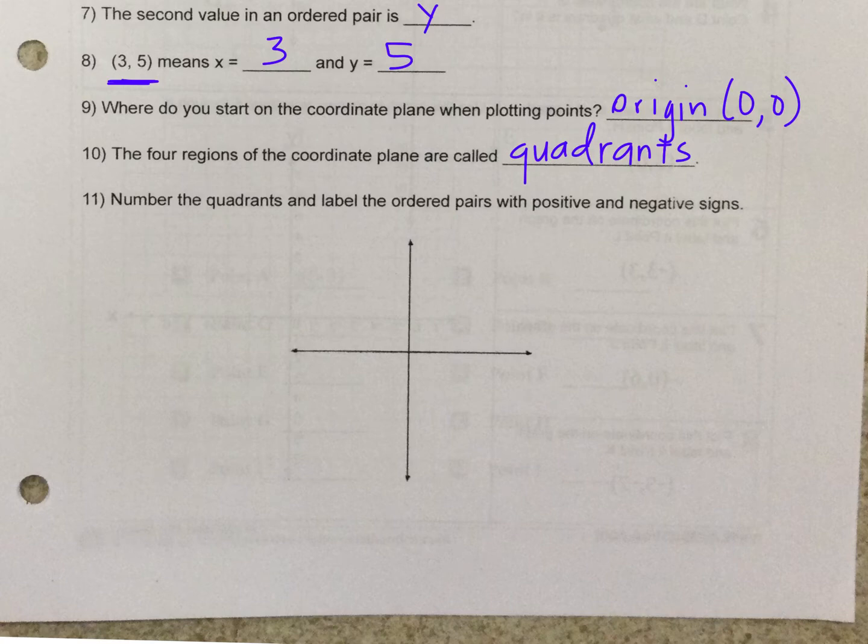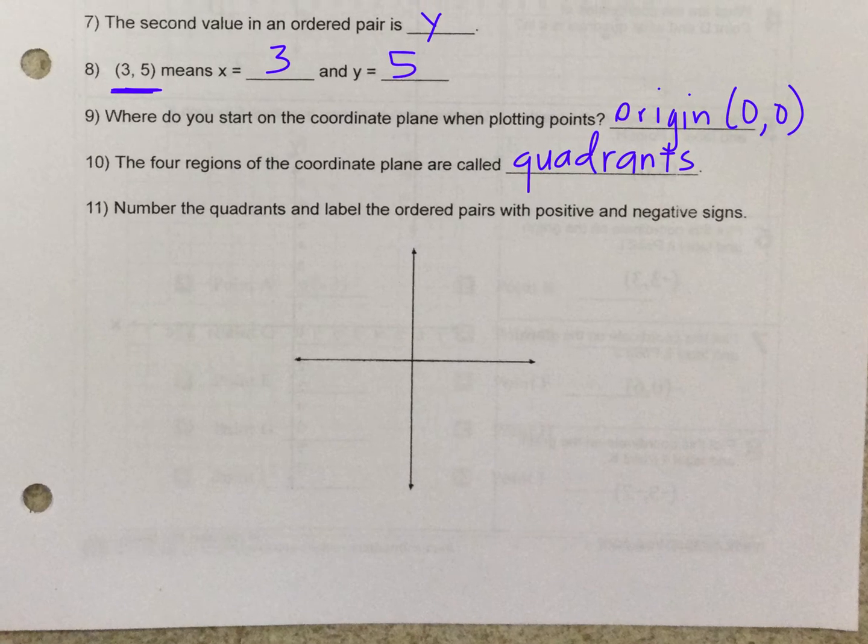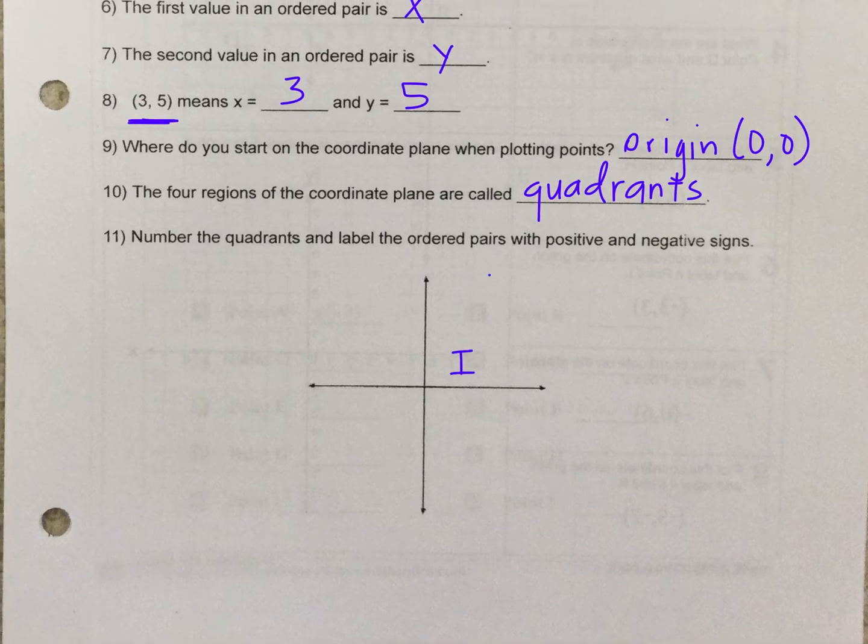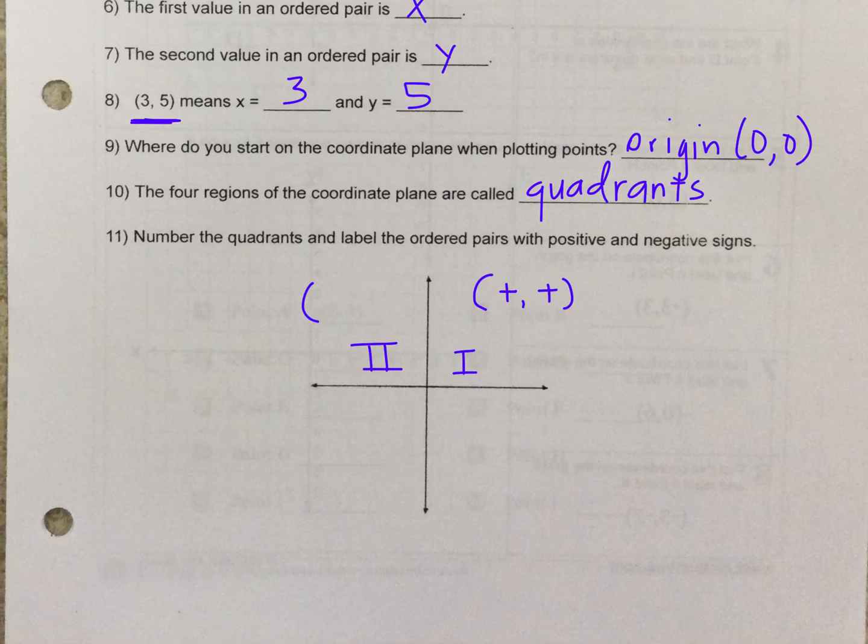And this last one I want you to watch while we do it. We're going to label the quadrants. We always start in this is our first quadrant. It's always the first one. And everything in this is positive, positive. Our second quadrant, the x's are negative, but the y's are positive. In our third quadrant,